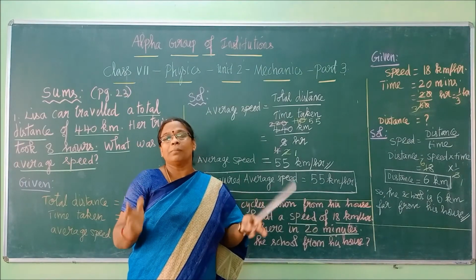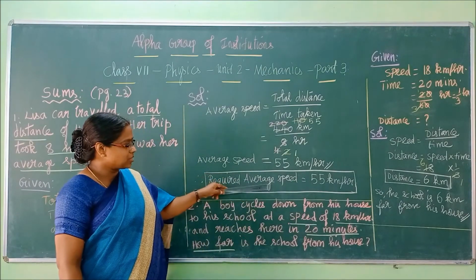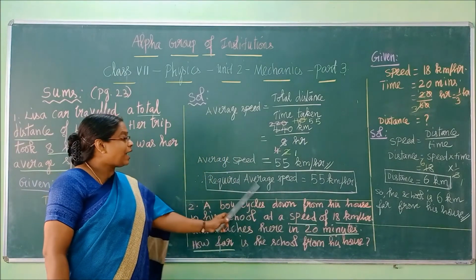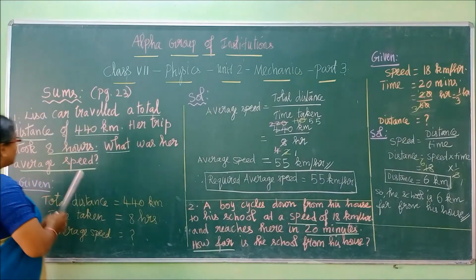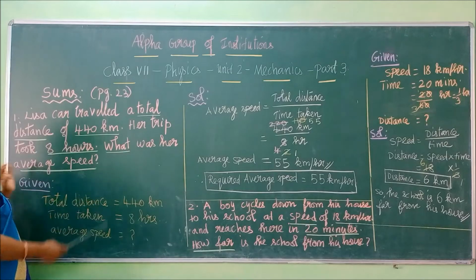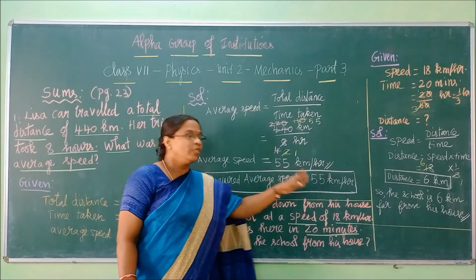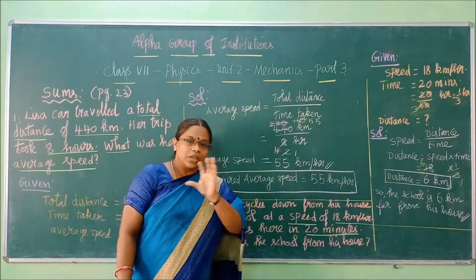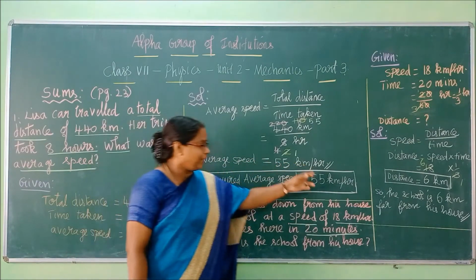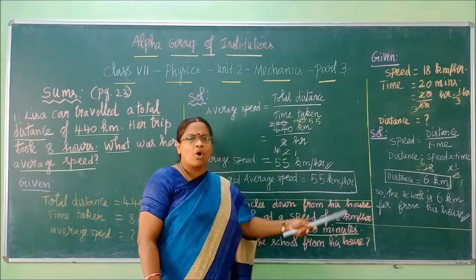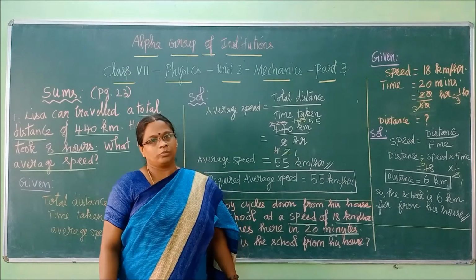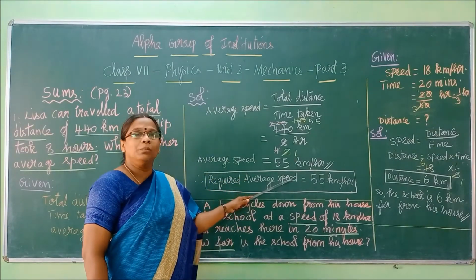Here in mathematics, usually it is a normal practice to write the final answer in a final statement. So required average speed, or as you can write here, what is the value? What was her average speed? So we can write, her average speed was 55 km per hour. So like that one final statement is needed. You can highlight it with 1 or 2 lines or one box, or you can write in black color, anything, some highlighting you have to do. Okay. So these two steps are very important, children.